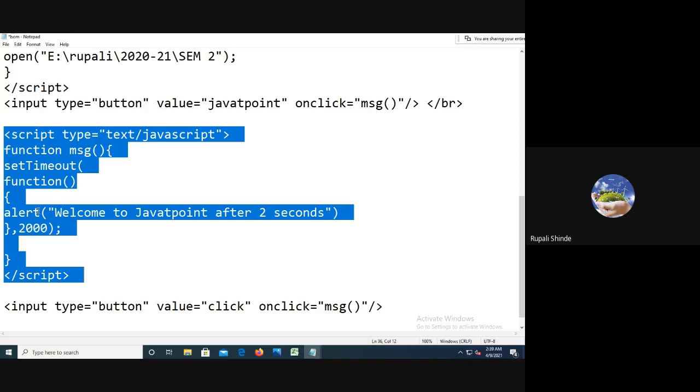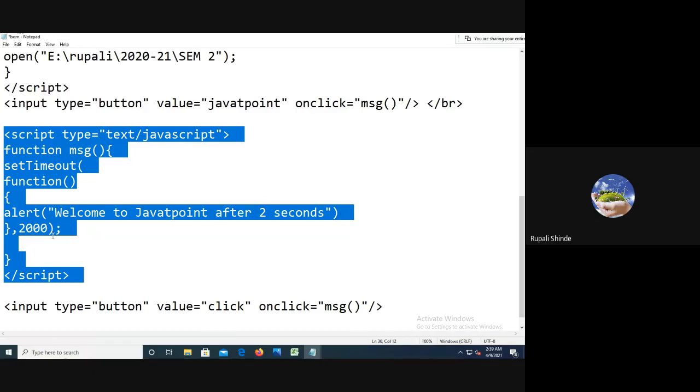It is an alert dialog box. It is going to generate "Welcome to JavaScript" after 2 seconds. And the second parameter is 2000, which I think is the time.